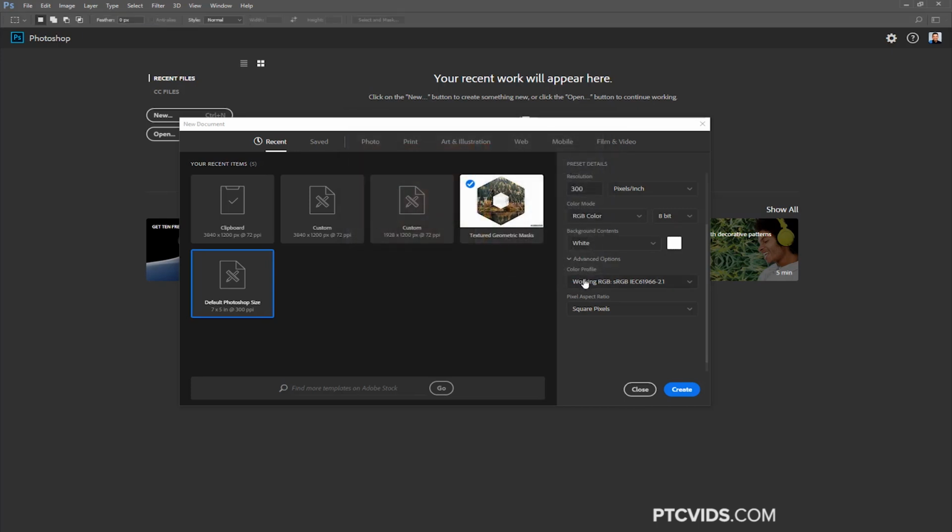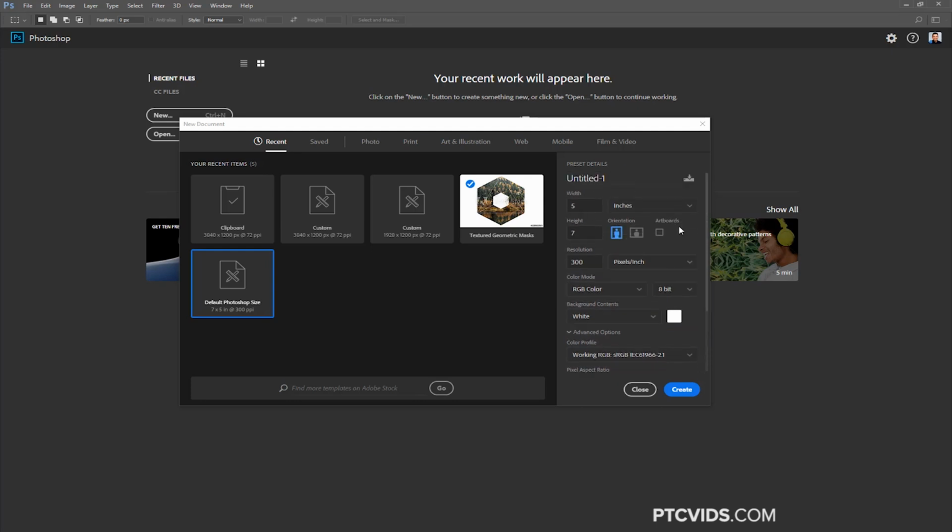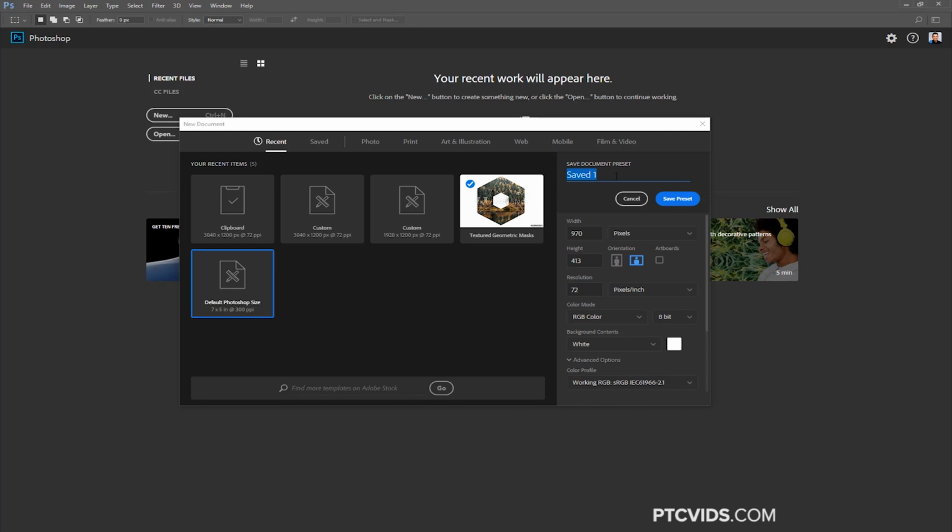Color profiles, and the pixel aspect ratio. You can also save new document presets by clicking on this icon here. So for example, when I create a new article on my website, photoshoptrainingchannel.com, I use a feature image that is 970 by 413, and I use a resolution of 72 pixels, and all the other settings are fine for this example. And if I click on this icon here to save the preset, I can name it feature image PTC